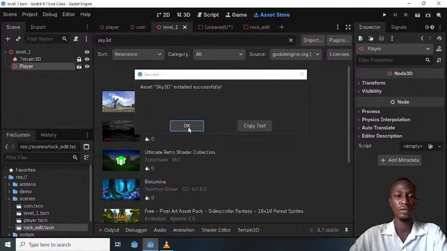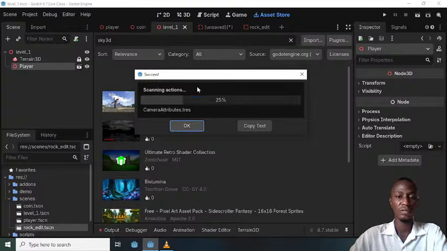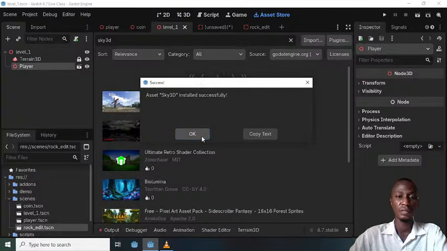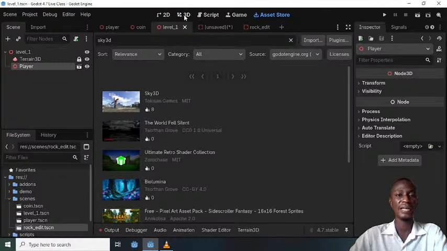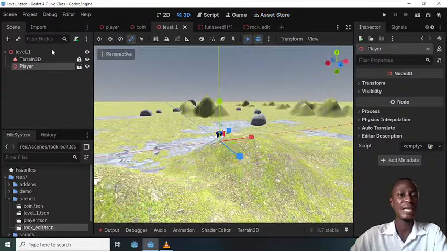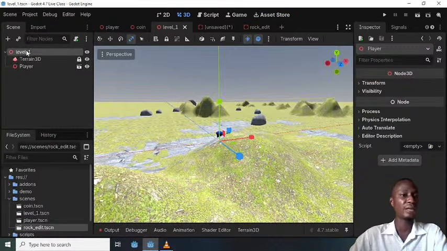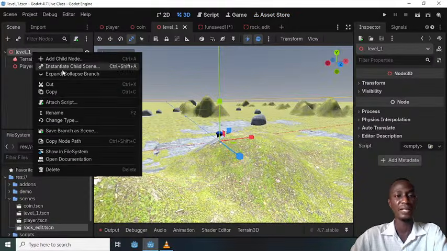Okay, so click OK. This one is not too big like the first one. So just click OK. It's still loading. Installed. Alright, so click OK and let's go back to our 3D scene. Now I'm going to go to my level 1, the parent node, and right click, and I'm going to add